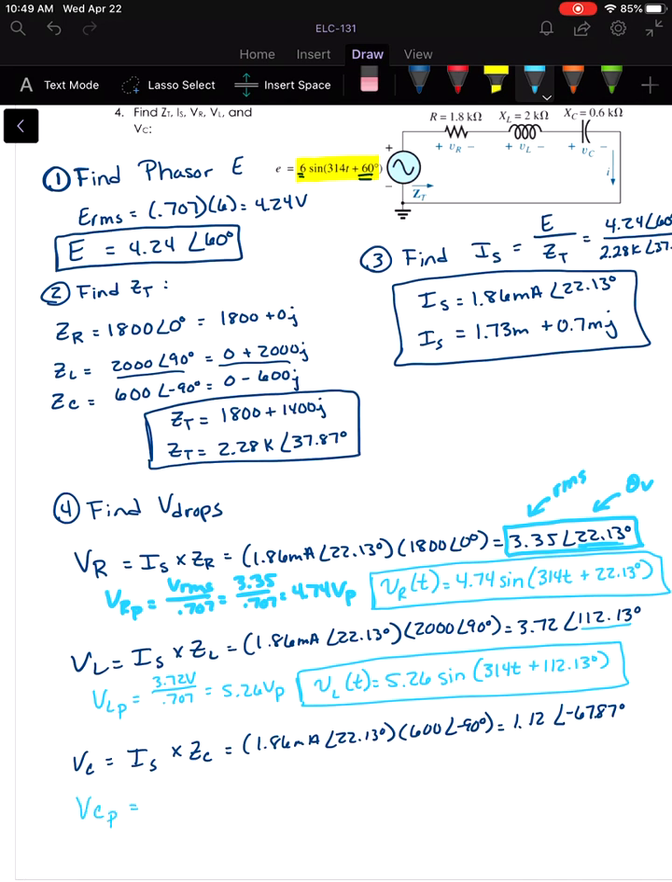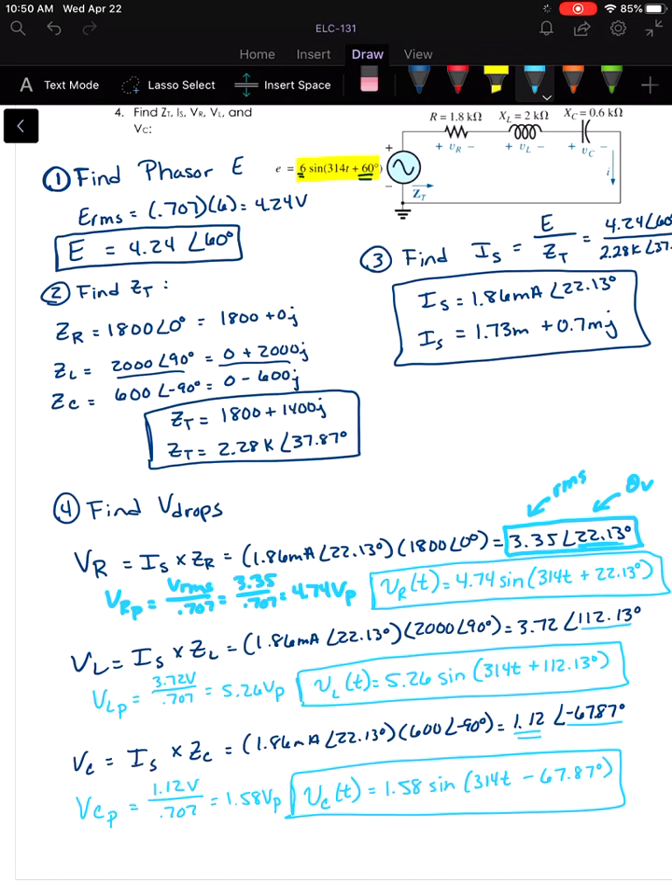And then for VC, peak is that 1.12 volts that we have here as our RMS divided by 0.707, and that gives us 1.58 volts peak. So VC as a function of time would be 1.58 sine 314t minus 67.87 degrees. Okay, so you won't always have to show the sinusoidal waveform, but it's helpful to understand